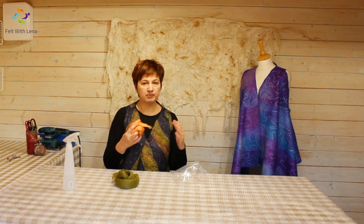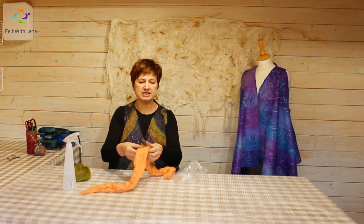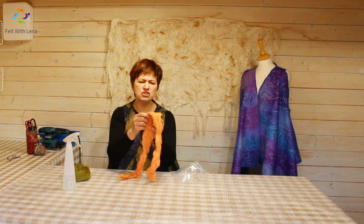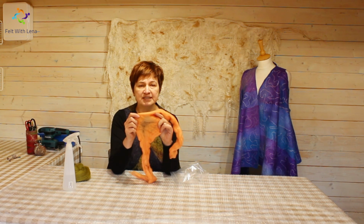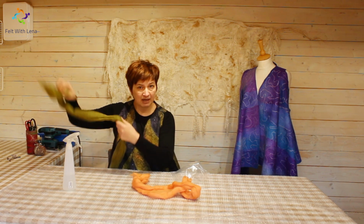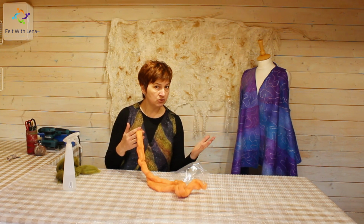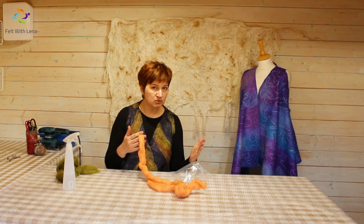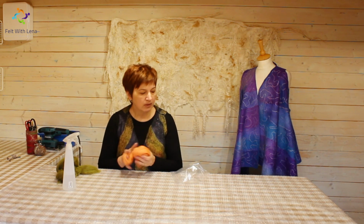Tip number two, if it happens that your wool becomes matted, this is quite matted. How do I know? Try to separate your roving, and you can see it's not easy. Can you see in comparison to this, how quickly that happens? So what can you do? Either use this wool for needle felting. I don't do much needle felting, but when I did, I hardly used merino wool, but I did use matted wool. So in this case, either needle felting or get a bag